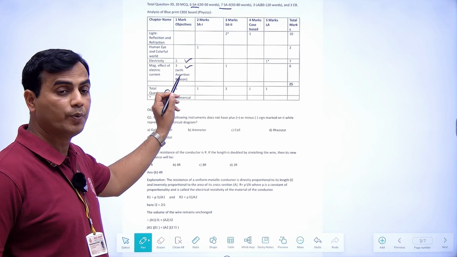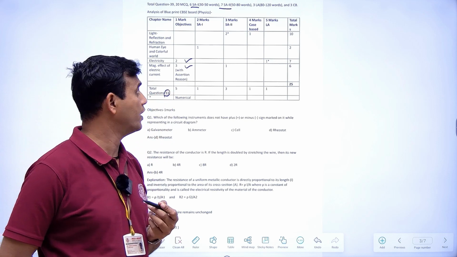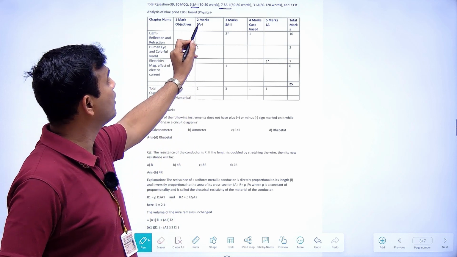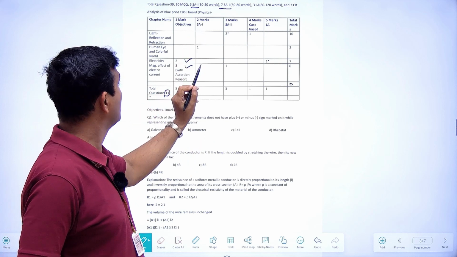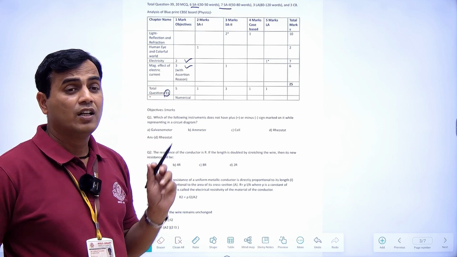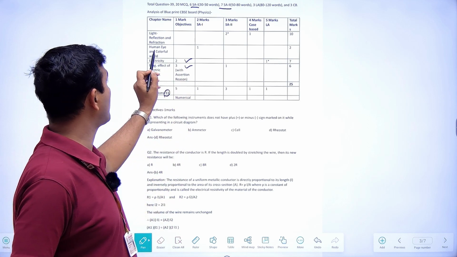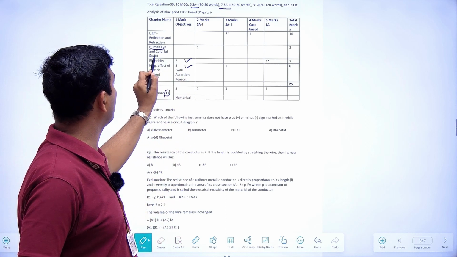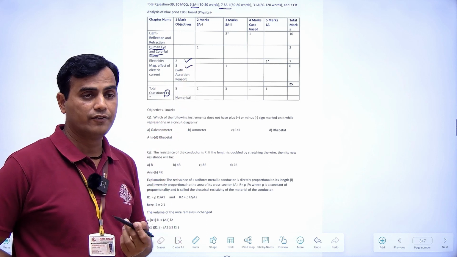So we have to prepare for this type of question from magnetic effect. If we go further, for short answer first type questions, which are of 2 marks, we can see that only one question from the physics portion appears from this part, and the human eye and colorful world will be a 2 marks question, essay 1 type.